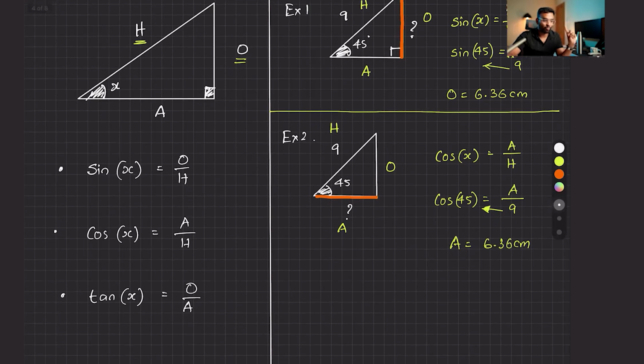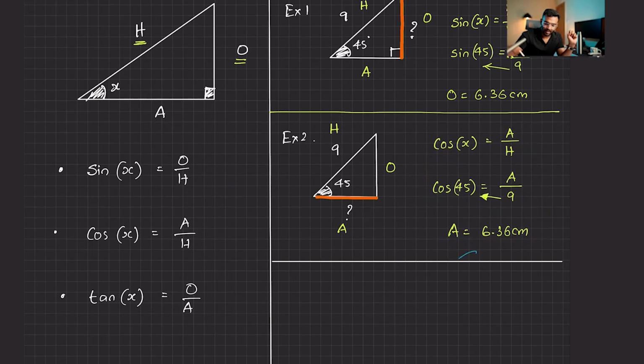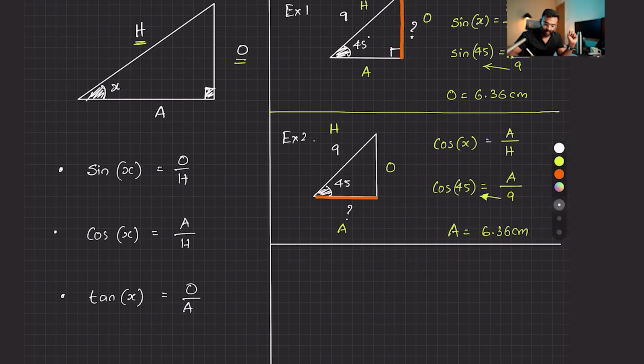Okay, now we have one more way it can come up. Let me adjust this a bit. Okay, we have example number 3. Pretend this is the same triangle. I'm going to put a different angle for now, okay? 30 maybe. This is 9. It's asking us, let's put, how about 5 here? And this is the question.